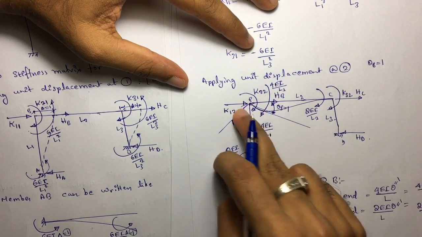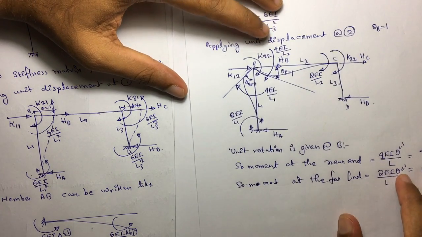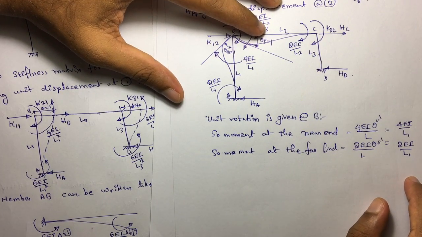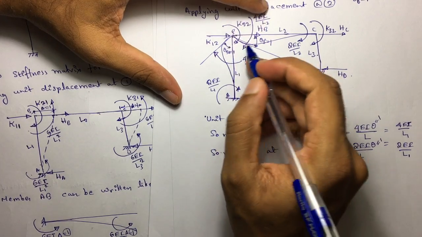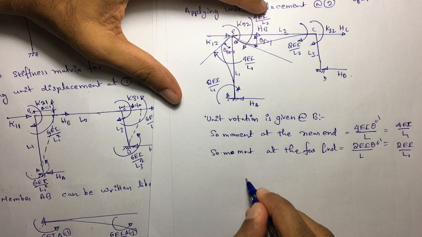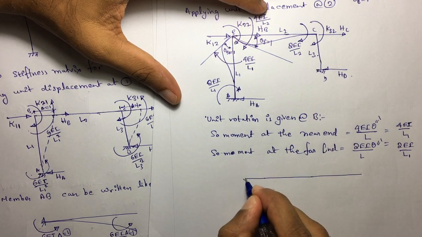Same we applied for the second beam, where near end is 4EI divided by L2, far end 2EI divided by L2. So now we can write this member AB, if I take this member A and B,